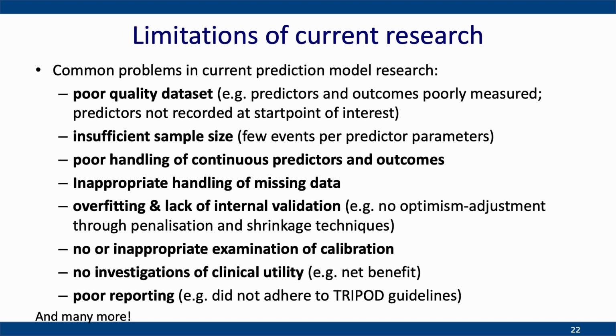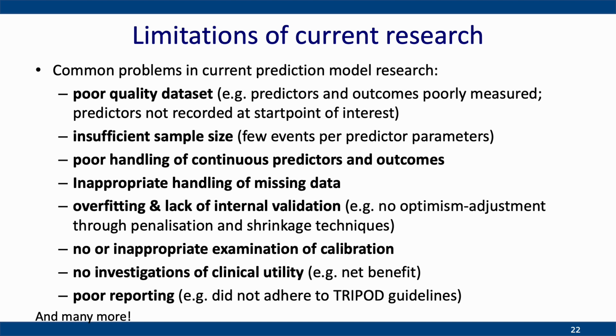What other issues are there? So not just in this living review, but in general, we see poor quality data sets. So people use data sets that are just in the back drawer that they can quickly get hold of, but they're never fit for purpose. So the start points and the outcomes are not measured right, or in the right place. The predictors are not measured right. So if the data set's not of good quality, we shouldn't be using it just because it's convenient.